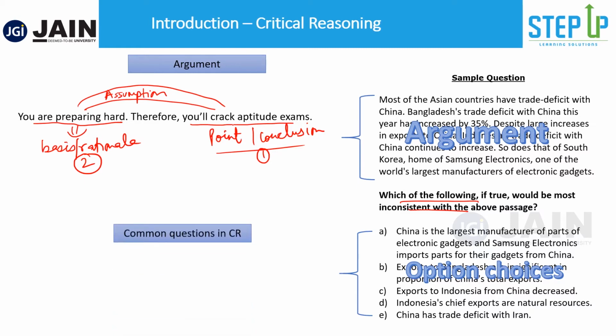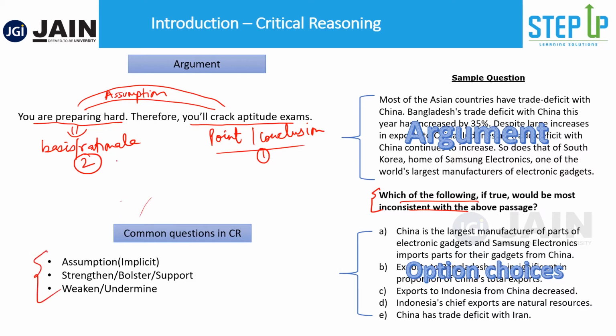as to what really an argument is. Now, what are the kind of questions that are asked in critical reasoning? So for example, this is one type of question, but the most common type of questions are: what is the underlying assumption in the argument? Which of the following options, if true, can strengthen, bolster, or support the argument? And it could be on weakening the argument. Which option can weaken the argument or undermine the author's argument? There could also be options like what is the inference, or which option represents the right analogy, and so on. But the most common type of questions are these three.